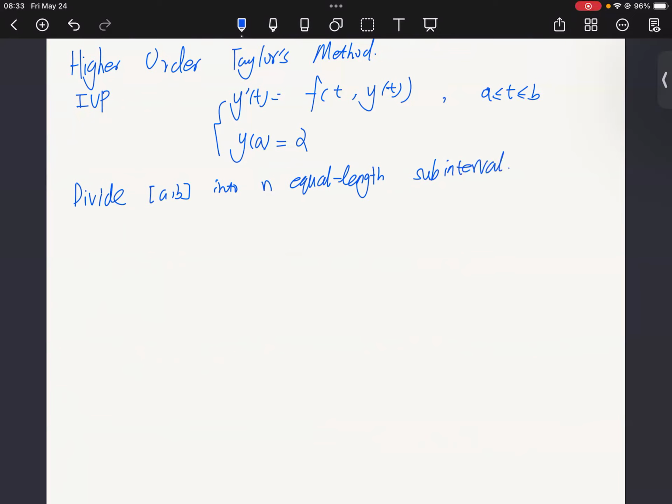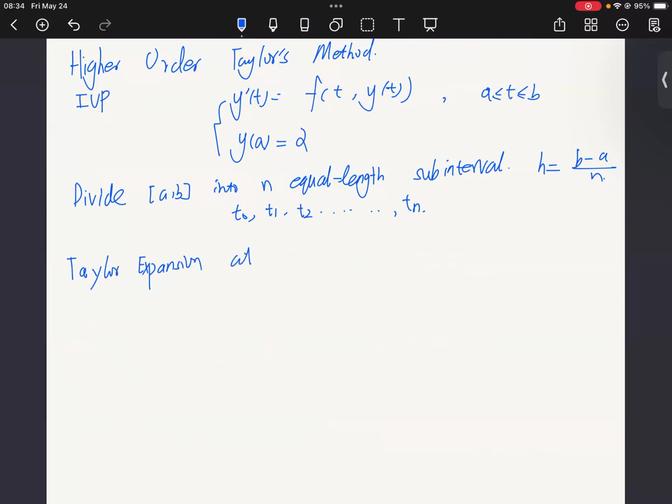This means that your step size is h equals (b minus a) divided by n, and your nodal points are t0, t1, t2, and all the way to tn. These are your nodal points. And now let's do the Taylor expansions. Once again, we are doing the Taylor expansion